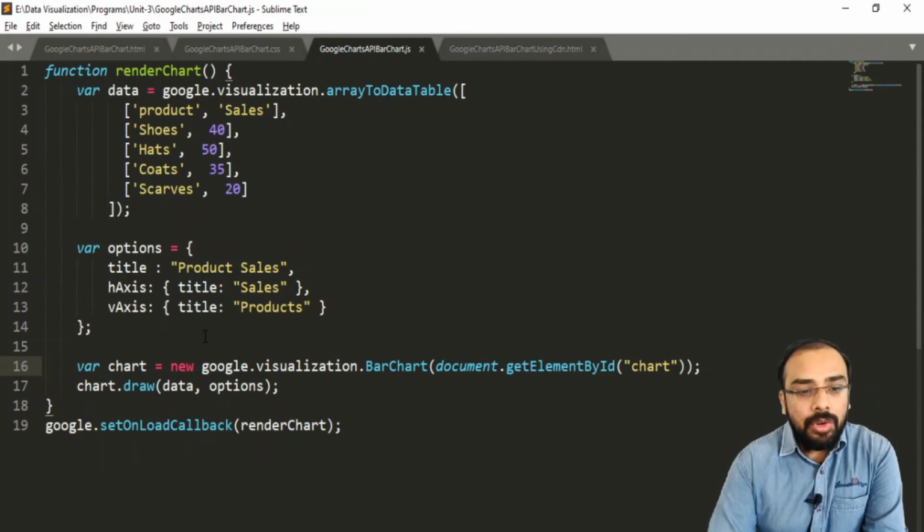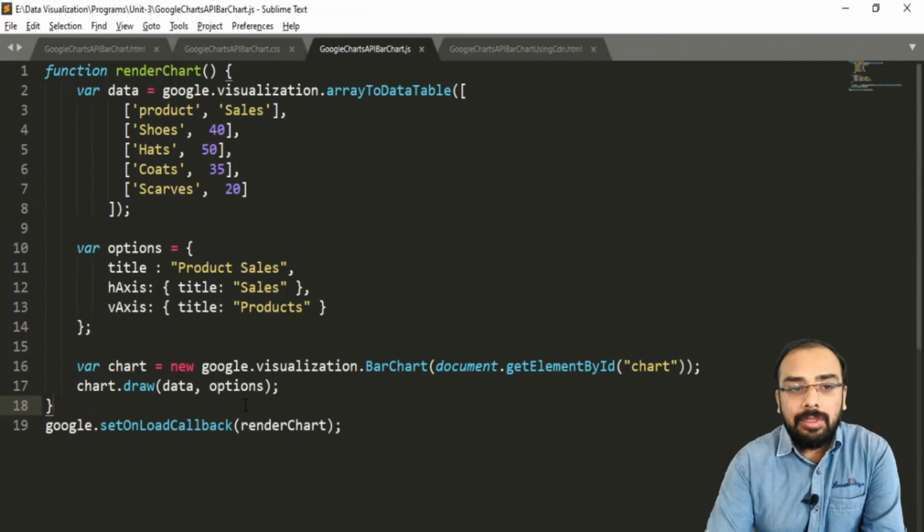Now in order to display your bar chart, you have to use the draw method, and the draw method is accessible with the help of the chart object. So chart.draw. The first thing we have to pass is our data, this table data that we want to actually plot, and the various options. Options means the titles that you want to give. So we have drawn the graph.